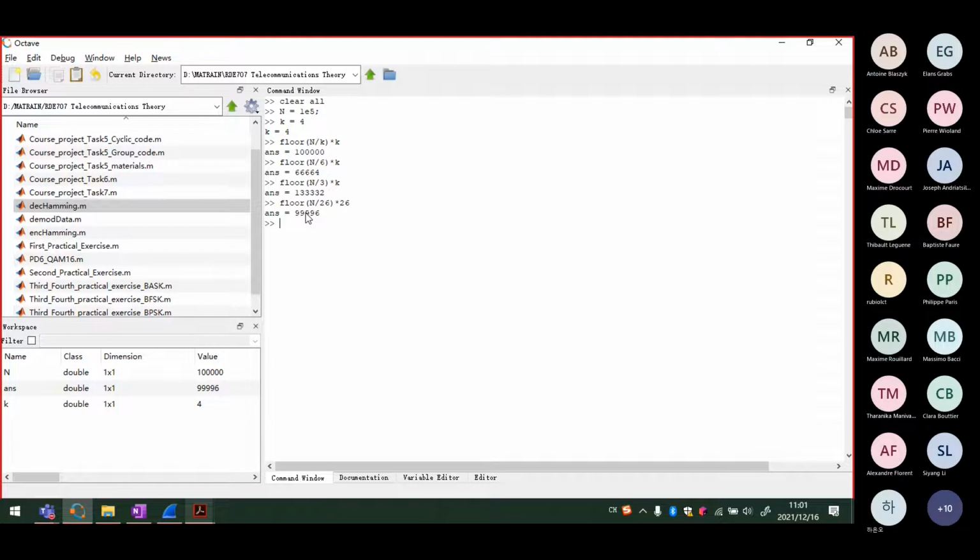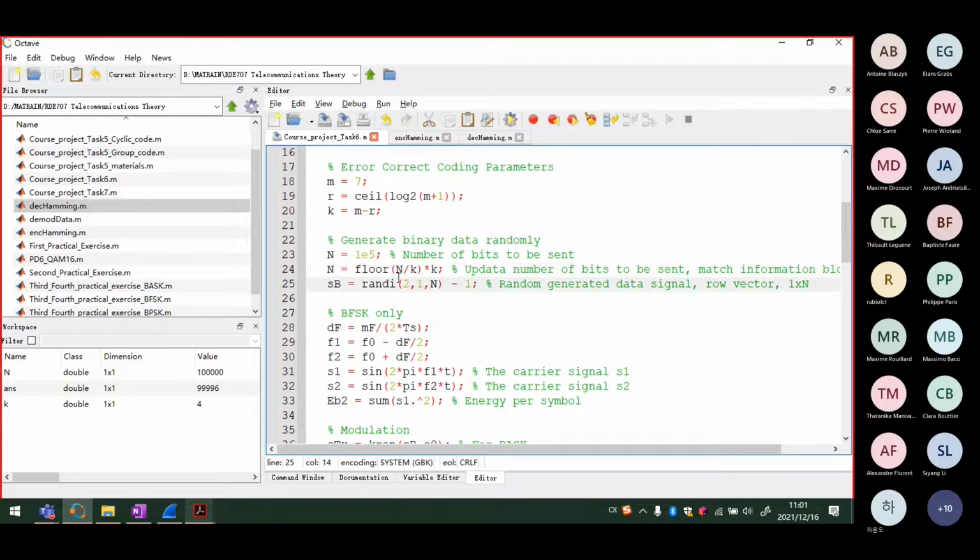In order, we hope to get the integer number which matched our encoding regulations. So this is